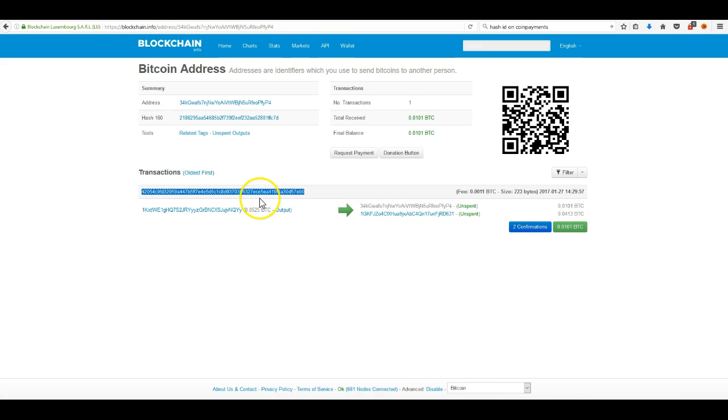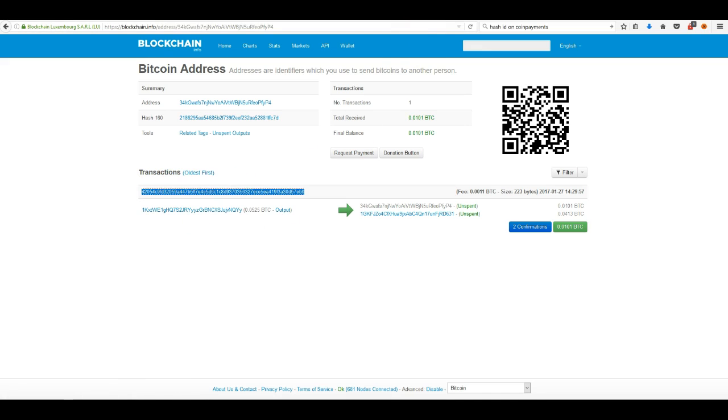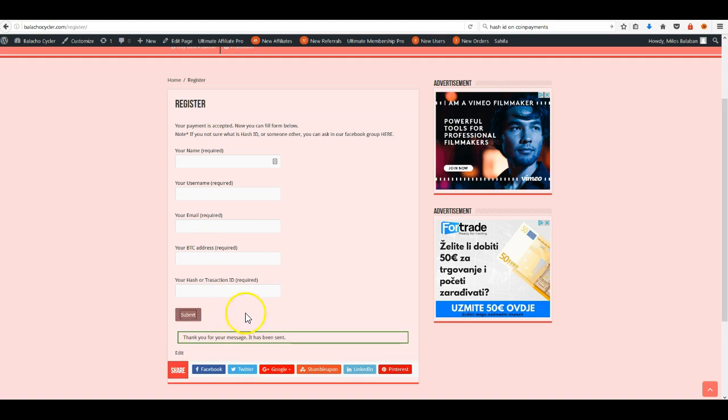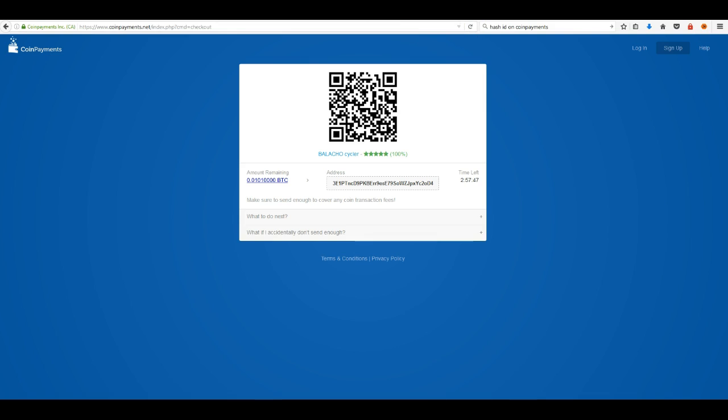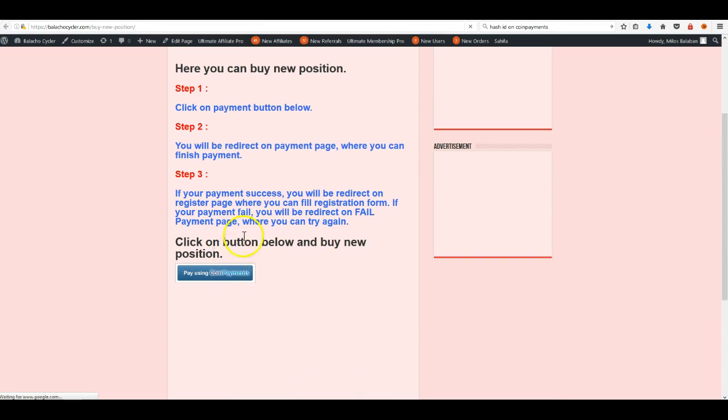So now what I have to do is copy this transaction ID, go back to my registration page, enter this hash ID here and click submit. Okay, so click submit. And that's it. If you decide that you want to make another payment, you do the same thing again. You just close this tab, go to join now, and then you go to pay